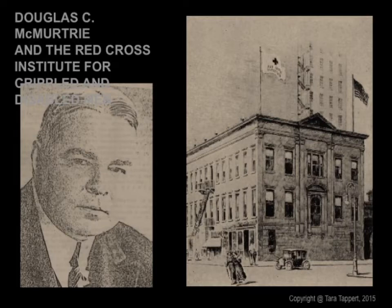The mission extended worldwide. Under the leadership of Douglas Crawford McMurtry, a highly regarded designer, historian, and bibliographer, whose interest in the disabled began when he compiled a list of all materials regarding handicapped children in the Society for Crippled Children. During the years he served the Red Cross Institute, he conducted disability studies, held public forums, published numerous documents about worldwide vocational training initiatives, created bibliographies of vocational training programs and of war cripples, and designed posters with messages regarding rehabilitation and resilience. And there's apparently a huge body of work by